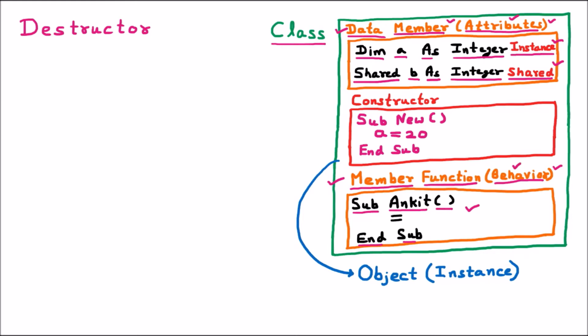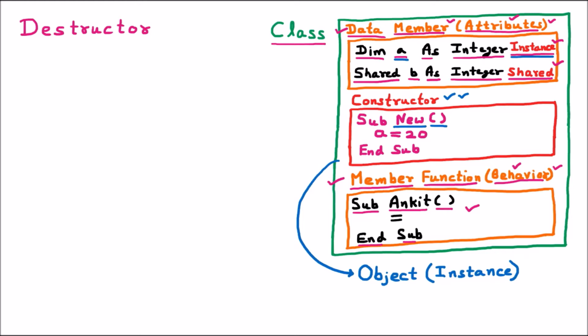Then afterward we have the constructor. The constructor can also be created inside the class. Constructors are used to allocate the memory. Constructors are of two types. We can see that there are two types of variable. One is the normal variable which is declared, just like Dim A as Integer. This is called an instance variable. Now a constructor which is used to initialize the instance variable value is called the instance constructor. Just like the constructor we defined here is the instance constructor.